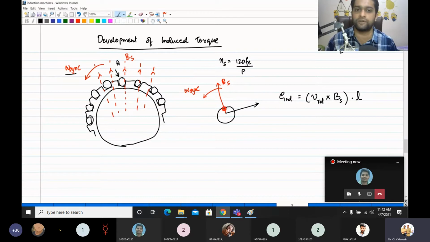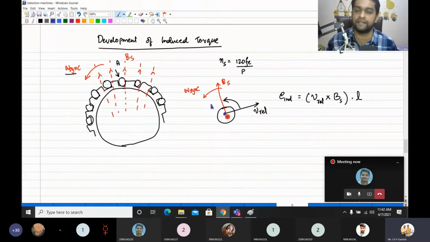So in this case, this rotor is stationary, right? So this is the V relative. Now V cross B means take V and cross with B. So you have a counterclockwise equation. Therefore, the EMF induced direction will be V cross B. Counterclockwise means it is coming out of the page, so this induced EMF will be out of the page. So it will look like this. We are taking only one conductor, conductor A.